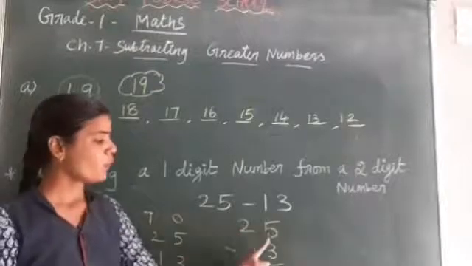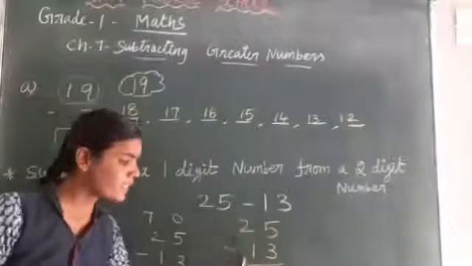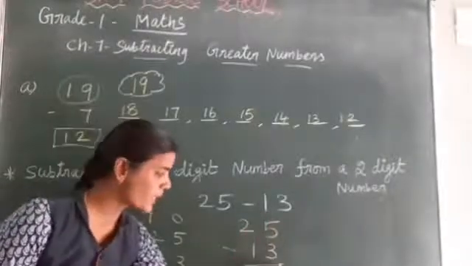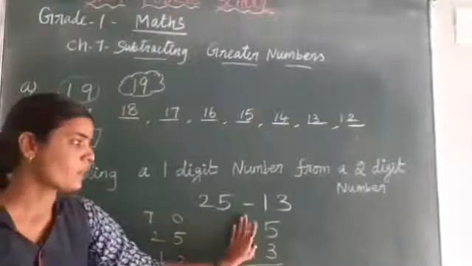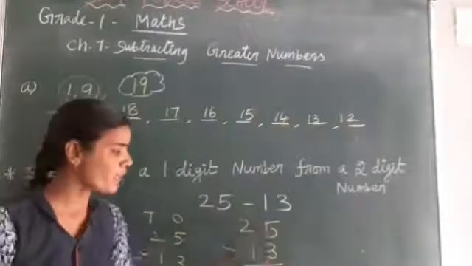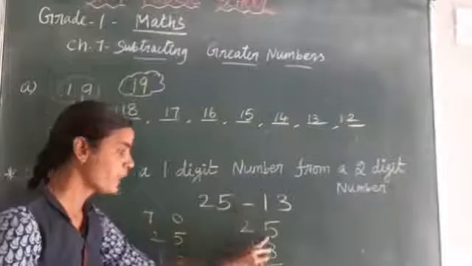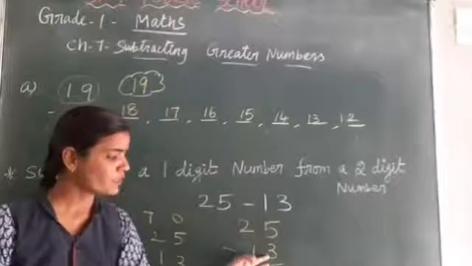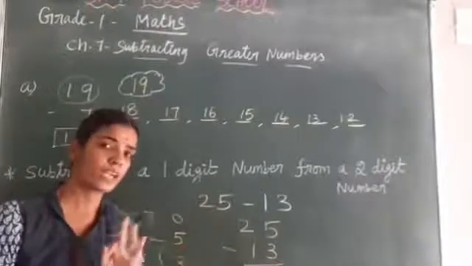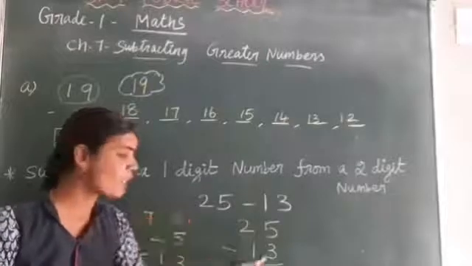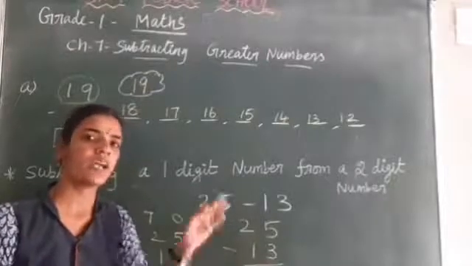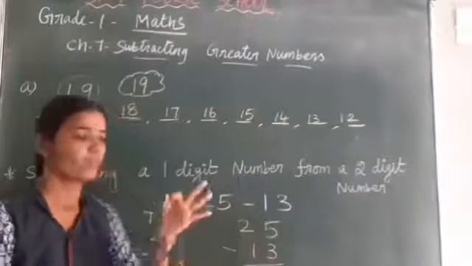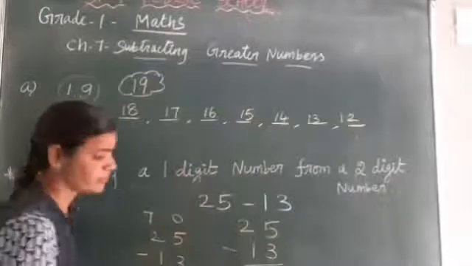Next, subtract. Here 2 digit, here also 2 digit, so subtract the ones place first and hide the tens place. 5 minus 3. So take 5 and open 3 fingers. That means move backward 3 steps. You only move as many steps as the number below. 3: 5 before is 4, 3, 2.